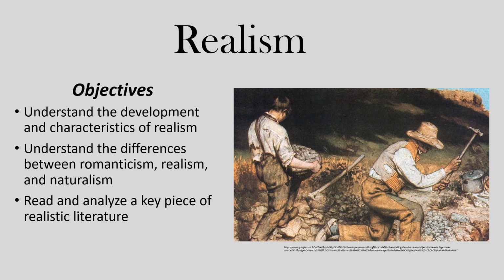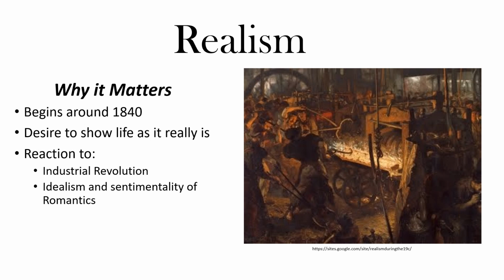Beginning our look at realism then, we see that it begins around 1840, so again, picking up right as Romanticism ends. And the whole point of realism as a movement, not only in literature but in art, by the way, is this desire to show life as it really is. So think about how you would post on Instagram or TikTok, right? You might enjoy using filters and cropping the picture and changing it to make it appear better than it did when you first took it. This would be an example of Romanticism.